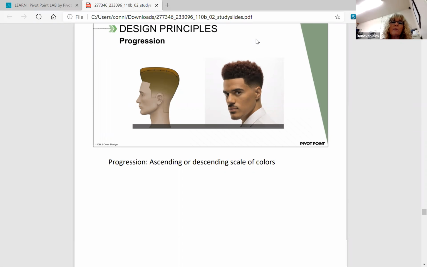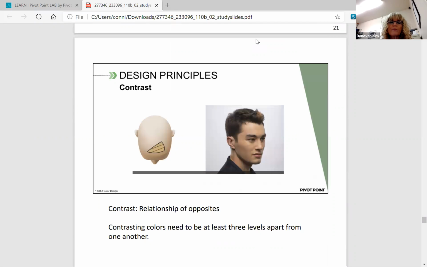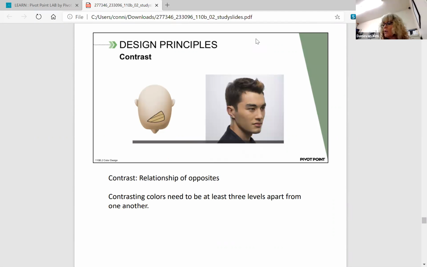And then we end with contrast. Contrast is just a relationship of opposites. Contrasting colors need to be at least 3 levels apart from one another. Darker colors create depth, while lighter colors seem to come forward, creating the illusion of volume. So if you want to make something on someone's hair that looks like a big difference in their hair,